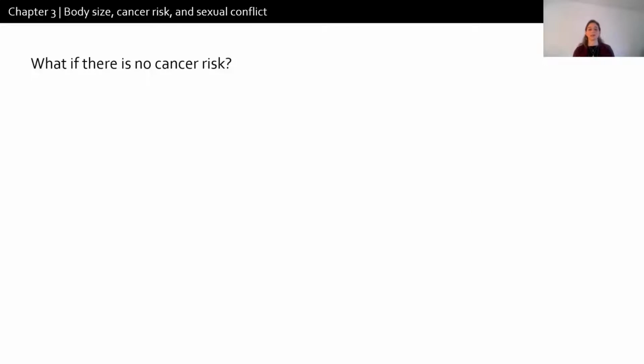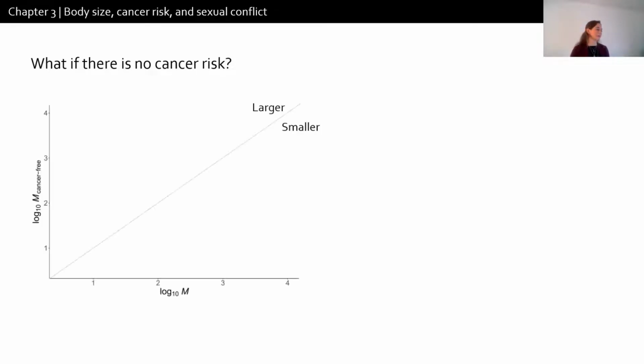So I started this chapter asking whether cancer can constrain body size evolution, but I haven't yet disentangled cancer from all these different death causes. This is the purpose of this bit. What we did here was to remove cancer-causing mutations from the simulation. We set the oncogenic mutation rate to 0 and wanted to see how body size evolved under this scenario. On the x-axis here, we have the body size that evolved under cancer risk, and on the y-axis we have the body size that evolved without cancer risk.